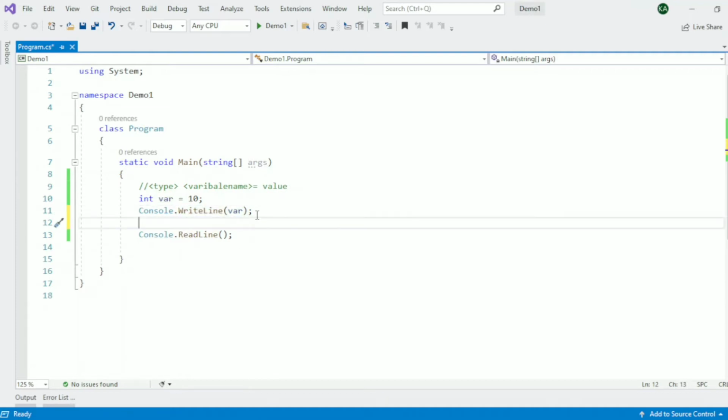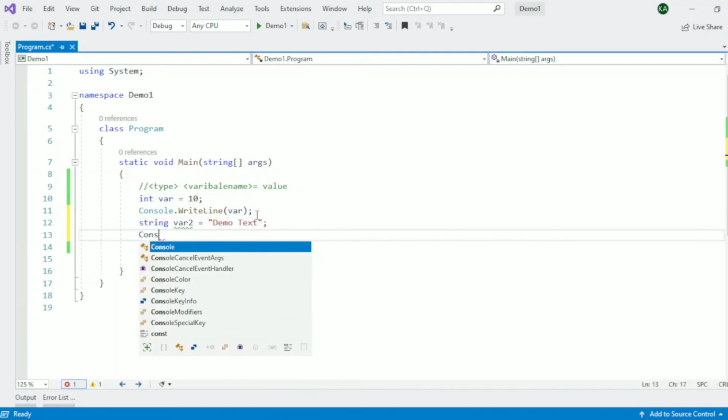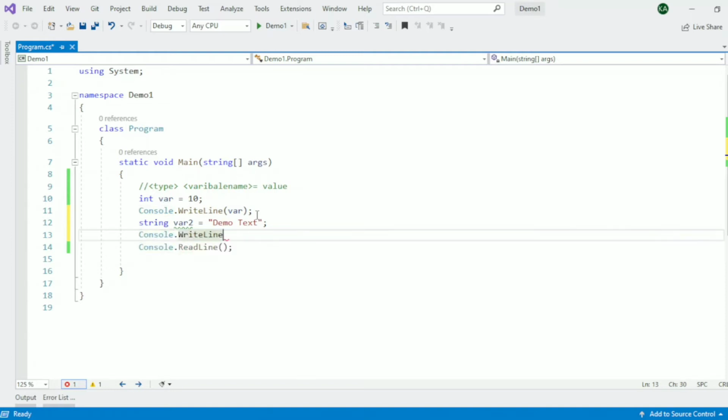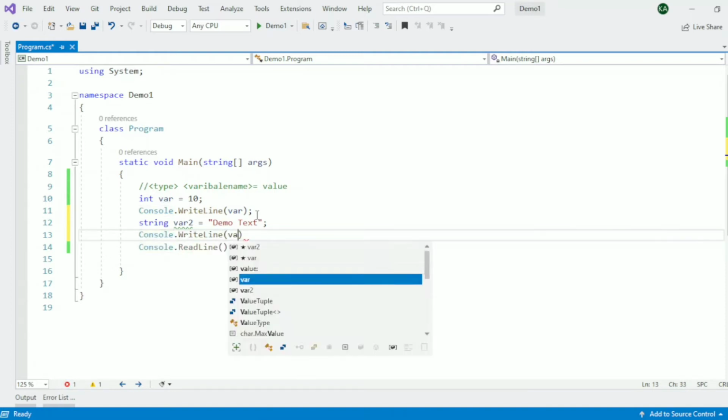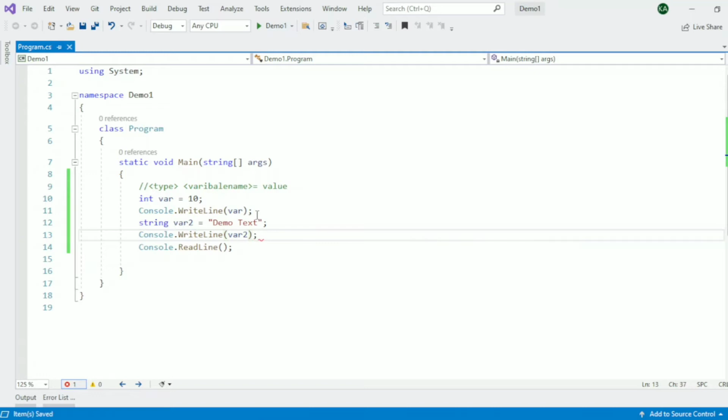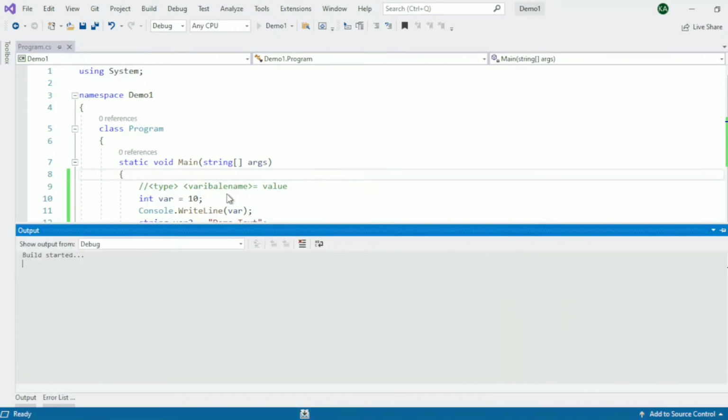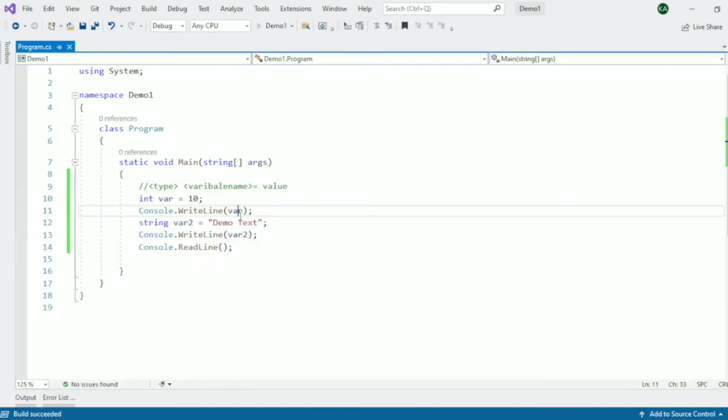Taking another example, string. This is a string value and it will print demo text.